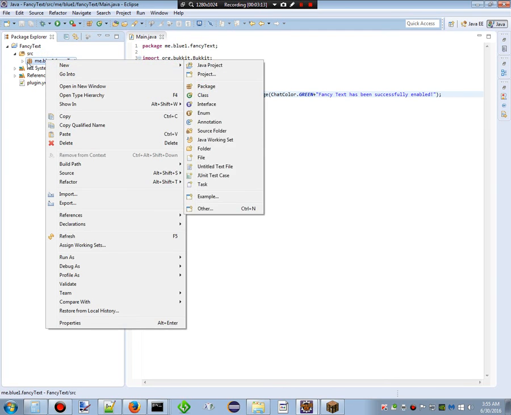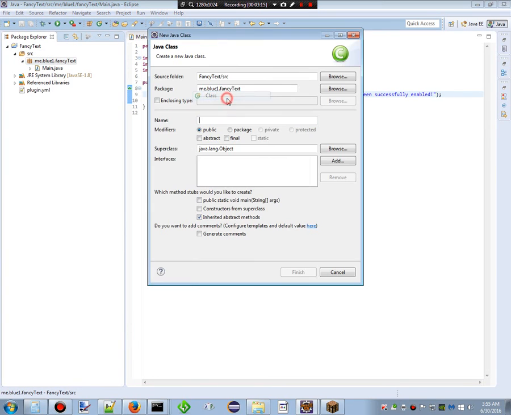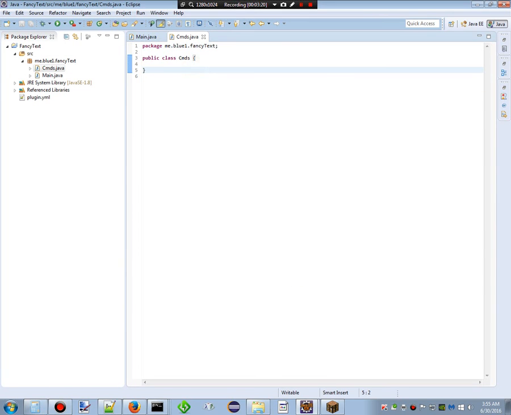So let's create a brand new class now. We're going to call this one CMDs, because it's going to hold commands. The reason we need commands is not for sending the special messages to people. It's actually so that we can better demonstrate the qualities and purpose of this tutorial. So I'll just show you later. I can't really talk and type at the same time anyway,